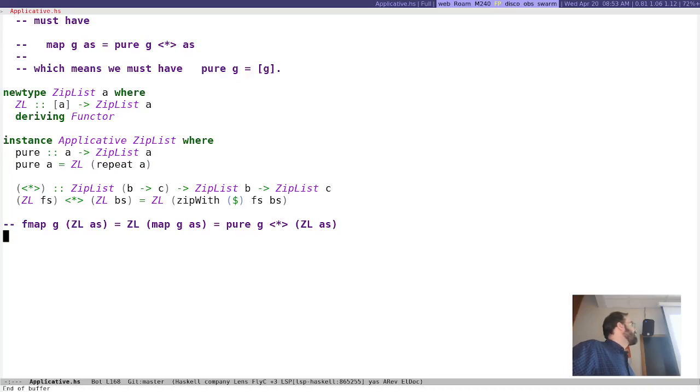Yeah, it kind of has to do with, like if I'm going to do zip with plus, for example, I take two lists of numbers and I zip them together and I add corresponding numbers, but it always gets cut off to the length of the shorter one. What is the identity for that operation? It's not just a list with a single zero, because whatever list I give it, it's going to get chopped off to length 1. Right? The only possible identity would be an infinite list of zeros, because then no matter what other list you use,